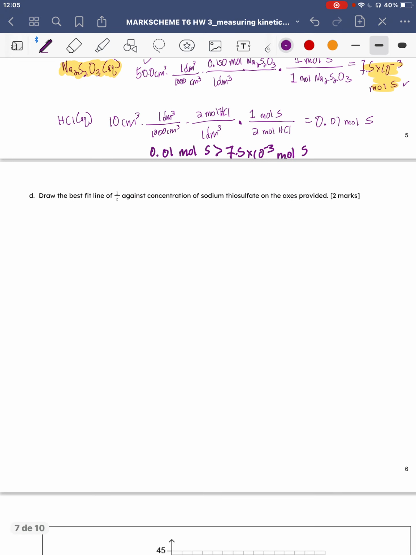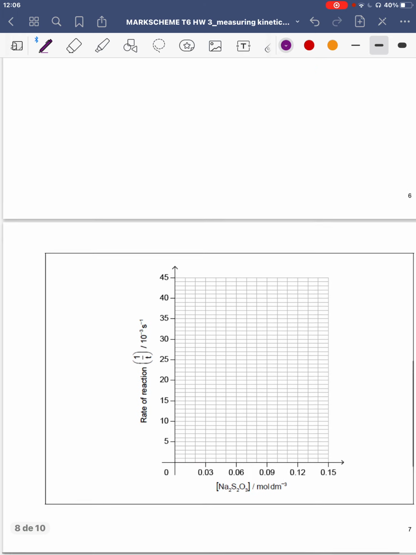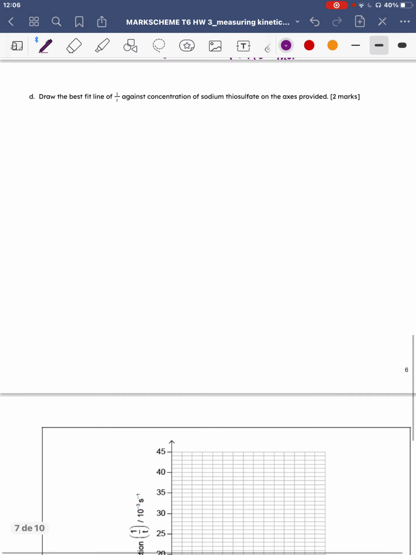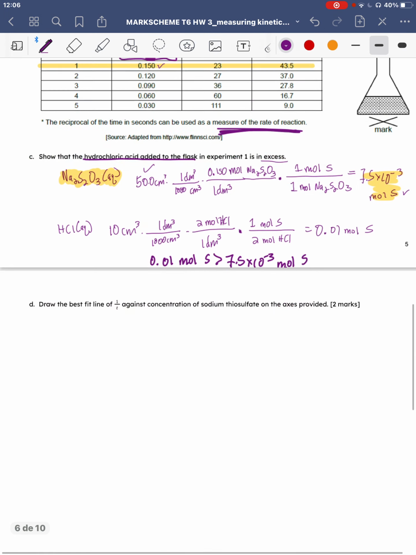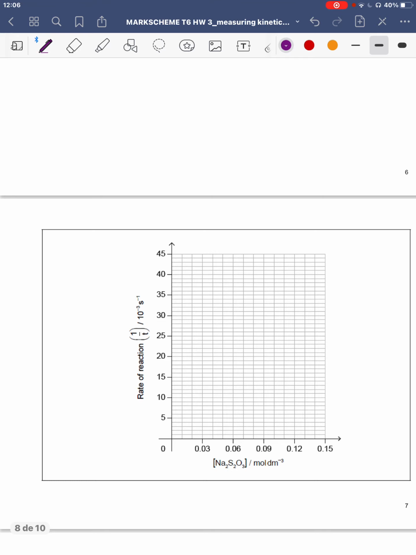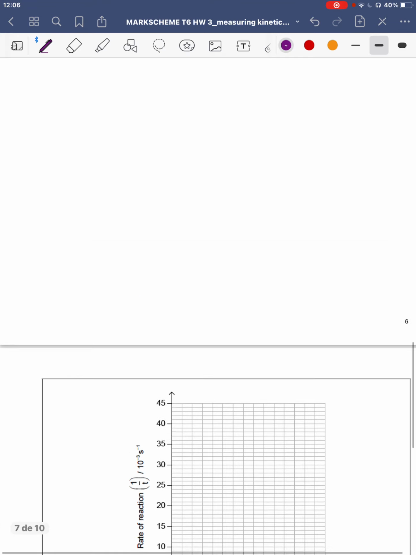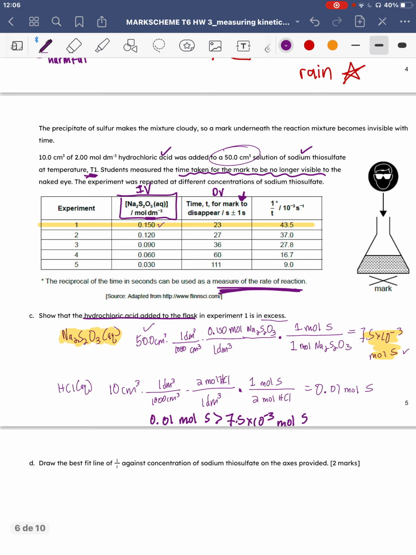All right, draw the best fit line of 1 over T against concentration on the axes provided. Well, all I'm doing is plotting the points. So I have the concentration here, and I'm pulling those concentrations from right here. And then 1 over T, they actually took the reciprocal for me. So pretty straightforward to plot. Notice, though, that the concentrations go in descending order. So you need to start your plot down here,